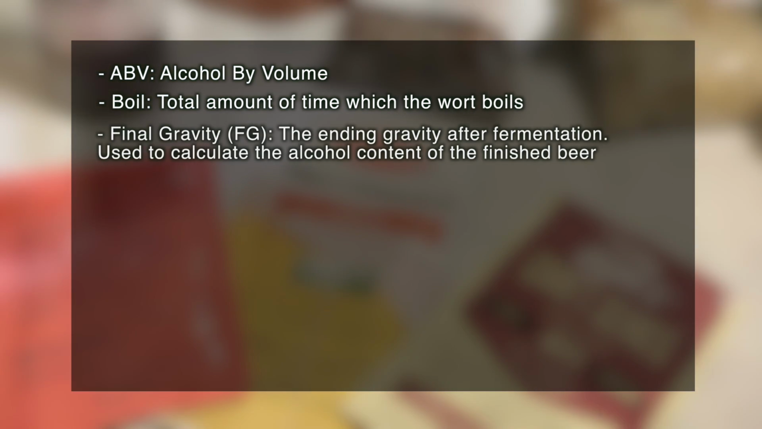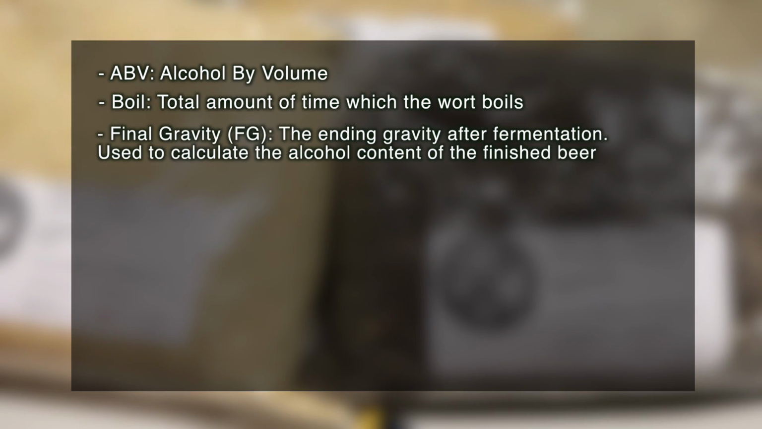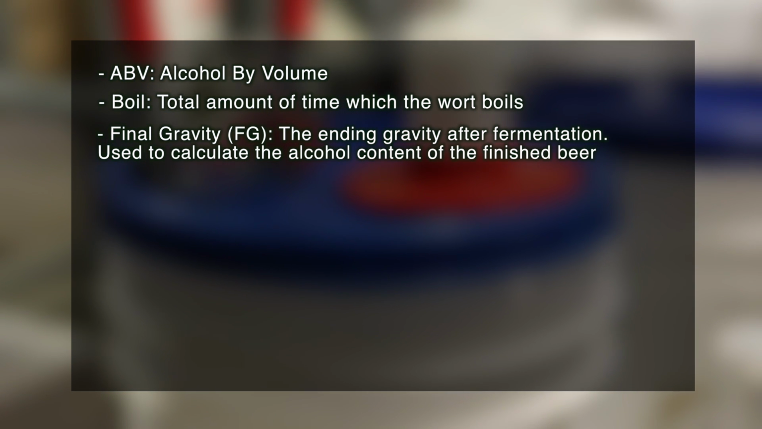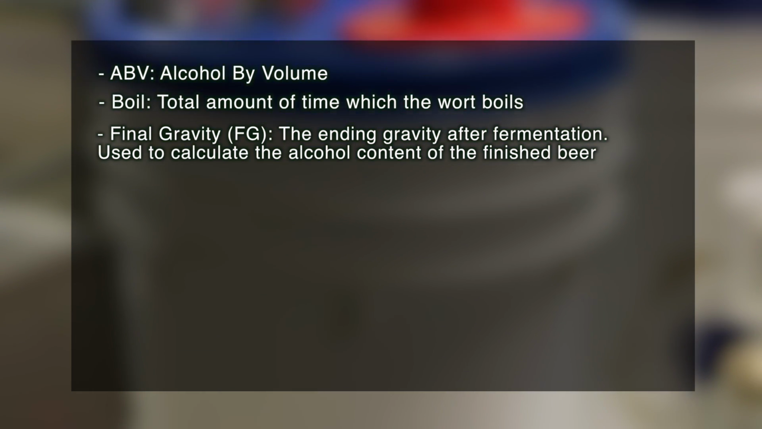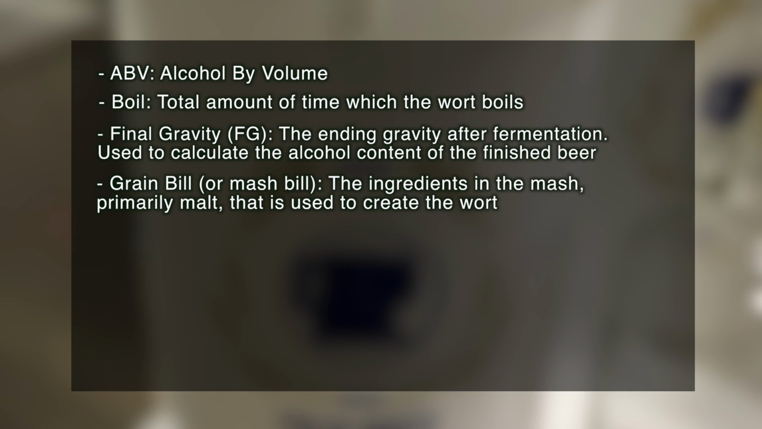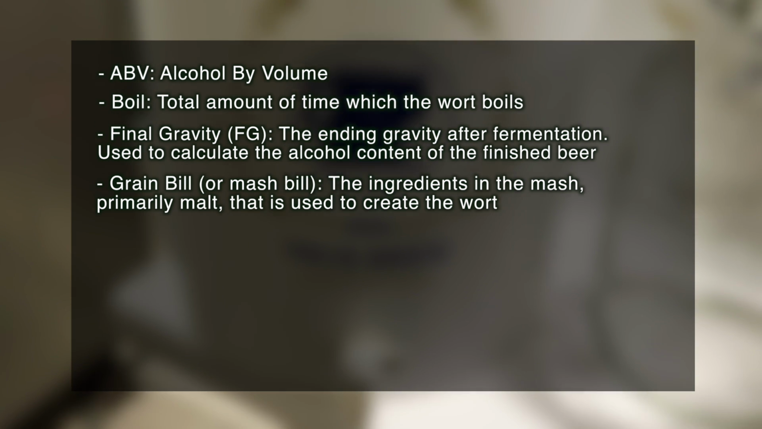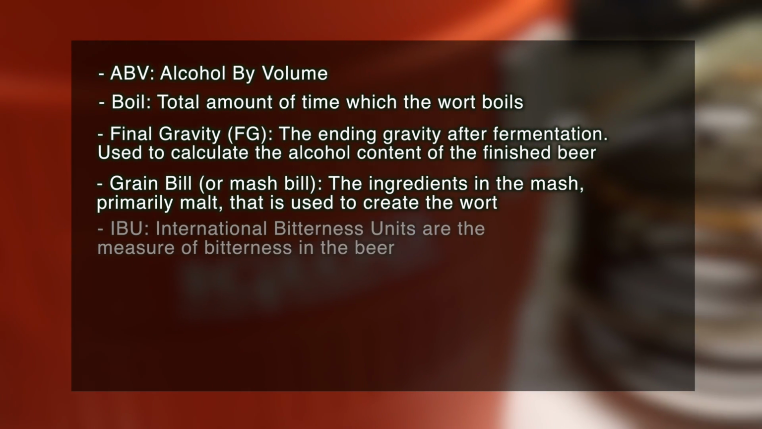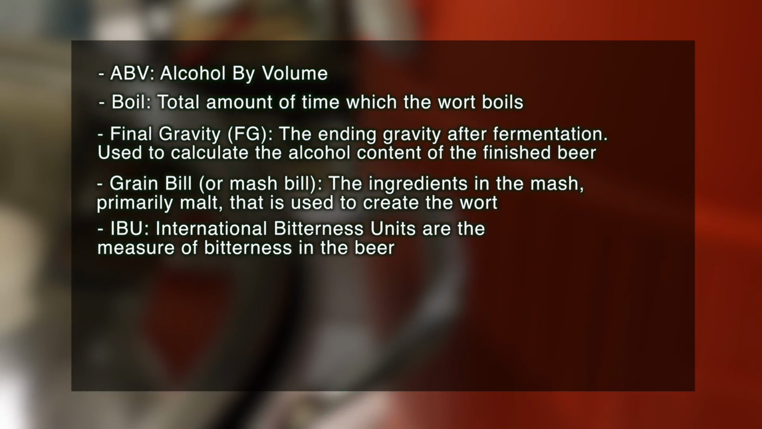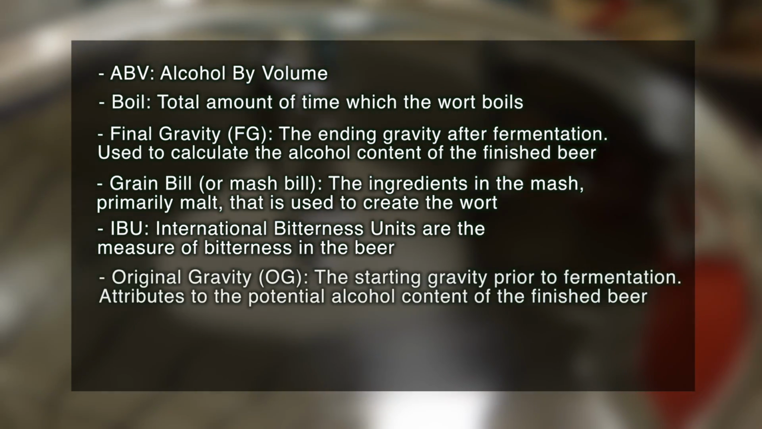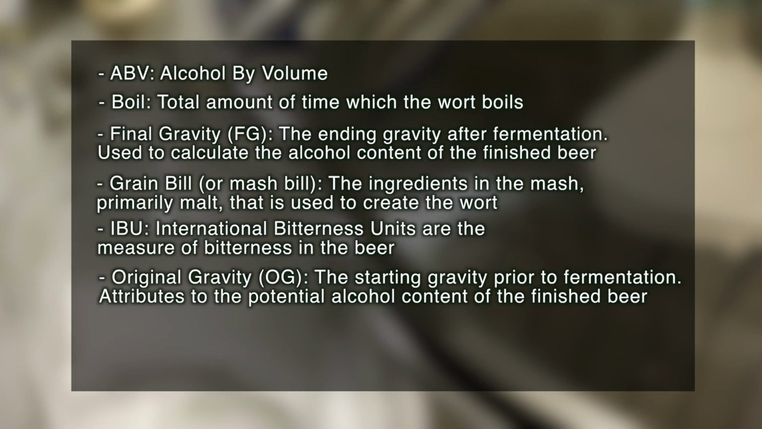Most recipes will include some of the following information: ABV, which is the alcohol by volume; boil, which is the total amount of time which the wort boils; the final gravity, which is the ending gravity after fermentation, used to calculate the alcohol content of the finished beer; the grain bill, the ingredients in the mash that is used to create the wort; IBU, which measures the bitterness of the beer; original gravity, the starting gravity prior to fermentation attributes to